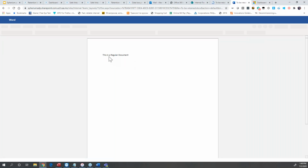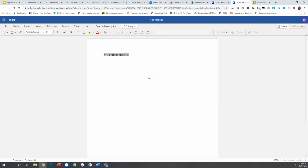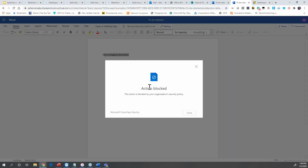And I'm going to obtain... Gonna try to do a copy. And right there, it's being blocked. Why? Because this computer is not a member of my organization. So, once again, sometimes it's a useful thing to say, if you're not using your organizational computer, right, the